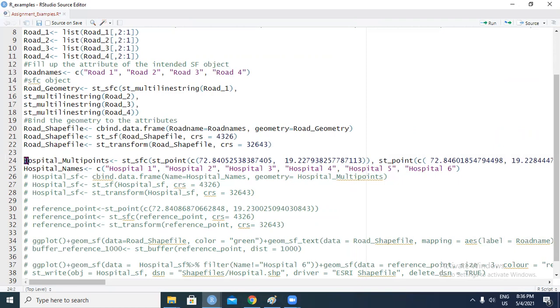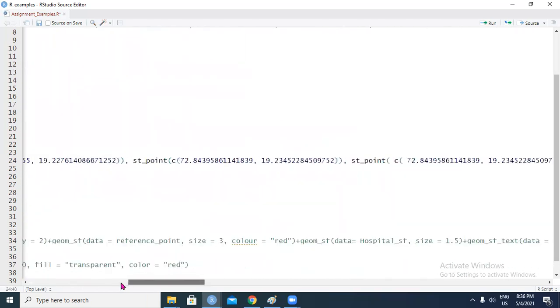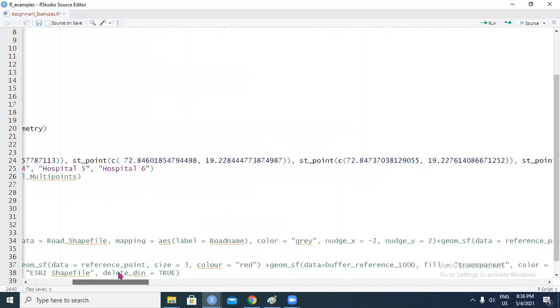So what you do here, when you record the multi points, you take individual points. Of course, you can see over here that x and y have been interchanged. Within the st_point function, you put in your xy values, and so on and so forth, and you just keep appending them till you reach the last point.